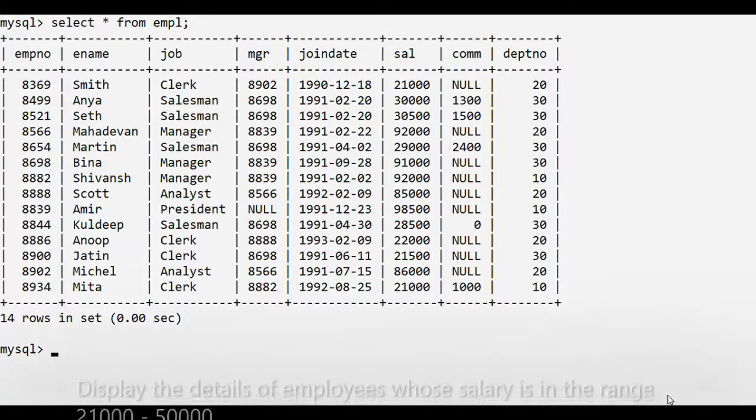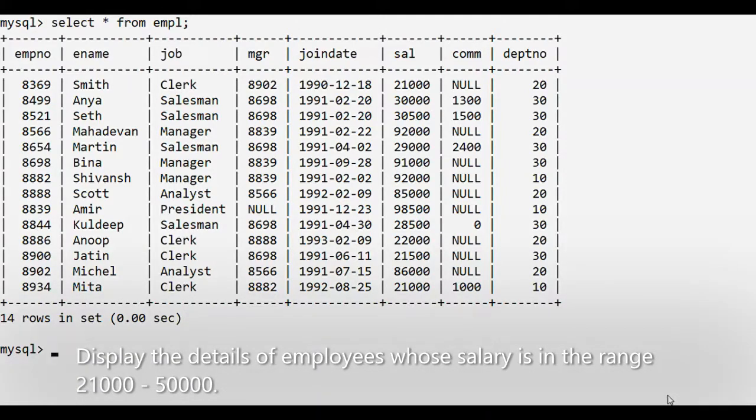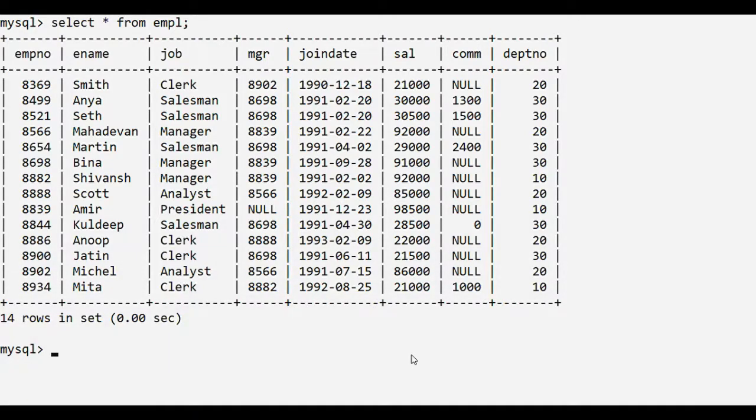Suppose we want to display the details of employees whose salary is in the range 21,000 to 50,000. So let's write the command select asterisk from employee where sal between followed by the lower limit 21,000 and the upper limit 50,000.